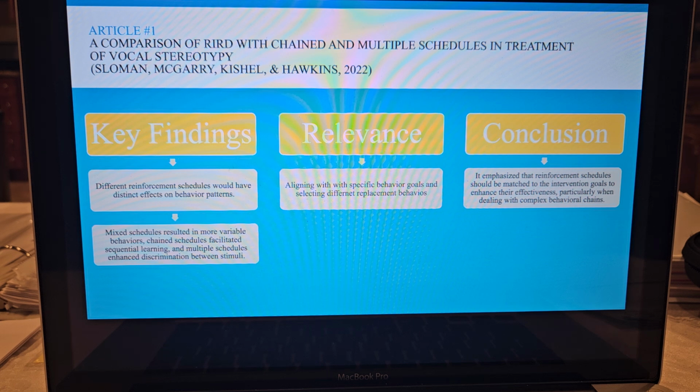So this study repeated their methods but focused on vocal therapy used by teaching assistants in real-life settings, and added treatment, response interruption, and redirection. Results show that chain schedules worked for one patient while both methods were effective for the other.